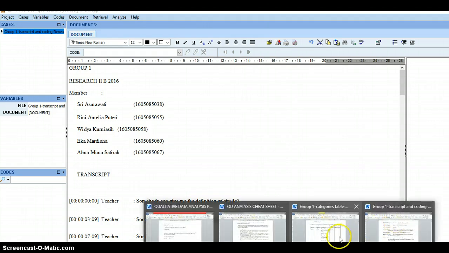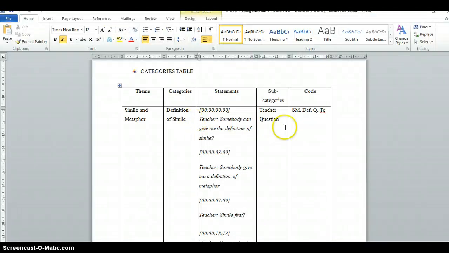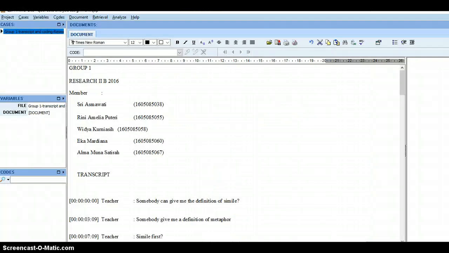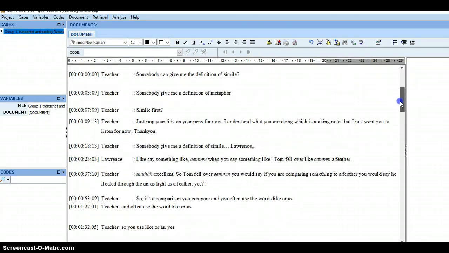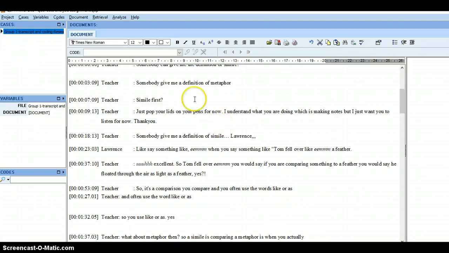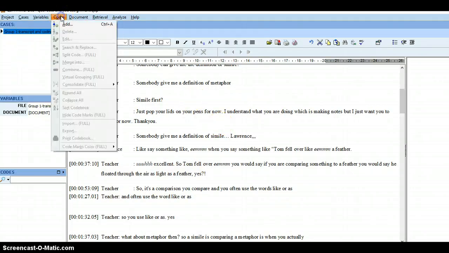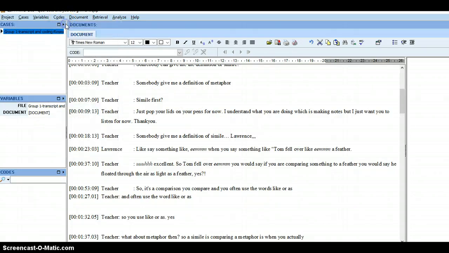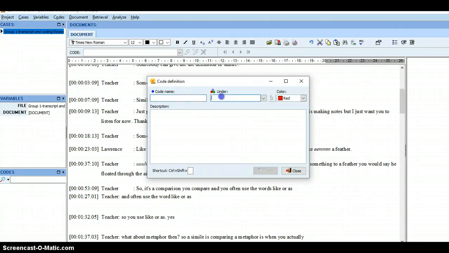Okay, so what do you have to do? Of course, you have to refer back to your categories table. So you have your categories here, and then you have your code and subcategories. What you need to do is that you need to start coding by using this software. How can we do that? Click on codes here, add,